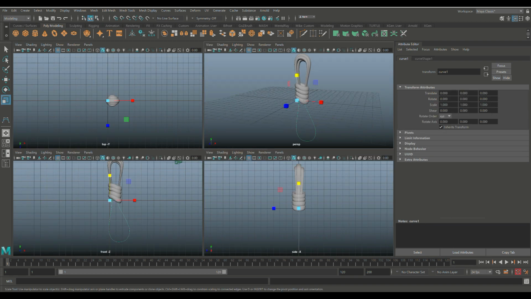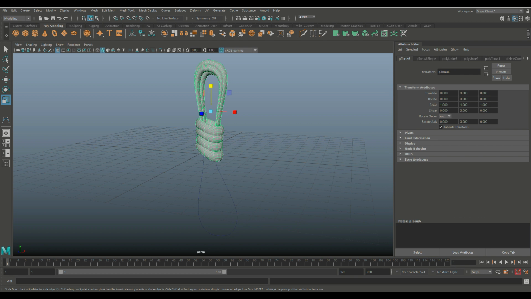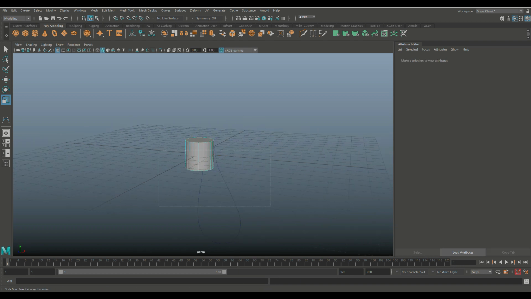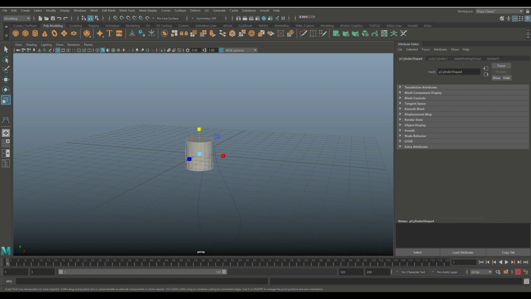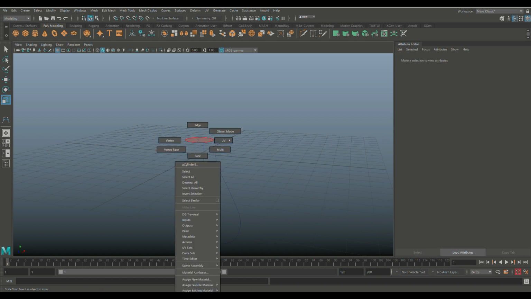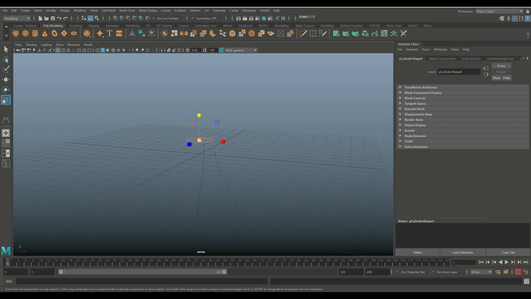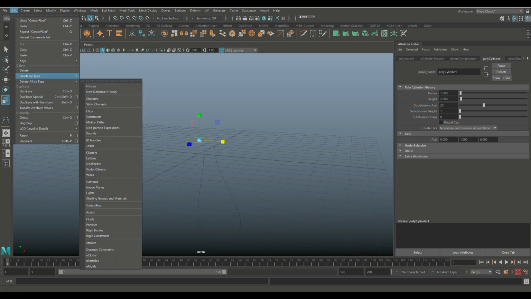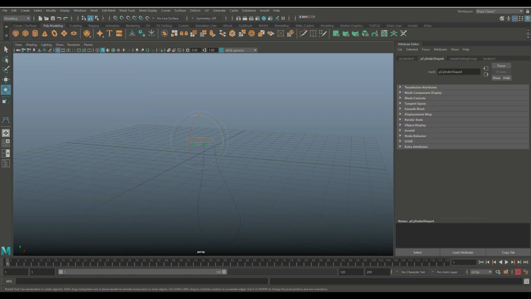Alright, then we're going to go in here and we're going to take this, we're going to hit H to hide that, we'll take a new cylinder, Control A to open up the attribute editor, set caps to 0, we're going to right click at a face, drag select these faces, turn off B, delete that, we're going to take this guy, and actually do that in object mode. We're going to go to modify and center pivot, edit delete by type history,